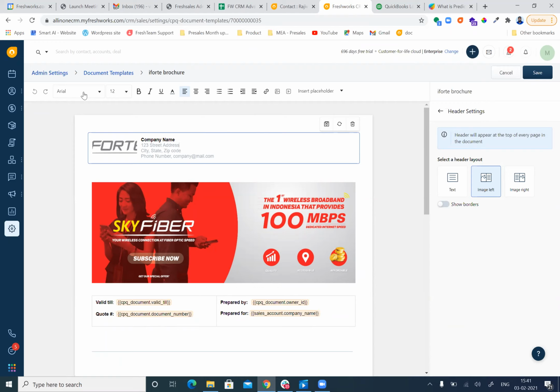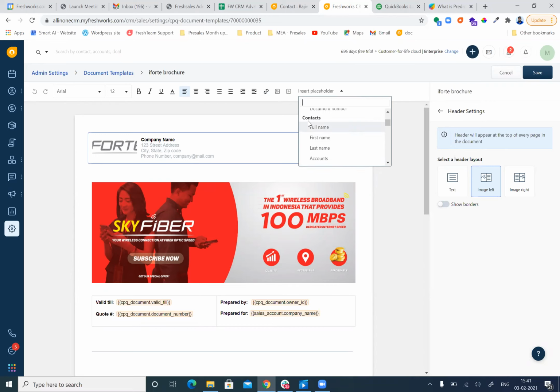You also have the editor options here to embed content with a link, or place placeholders to capture values from the customer profile information. You can add those placeholders as part of the CRM.